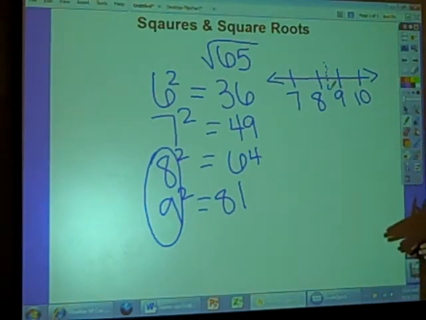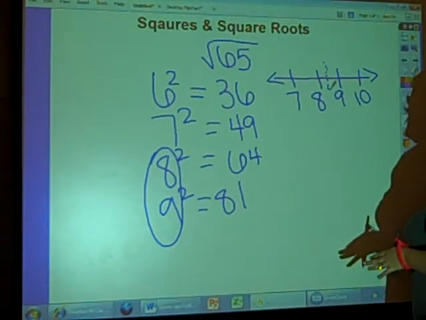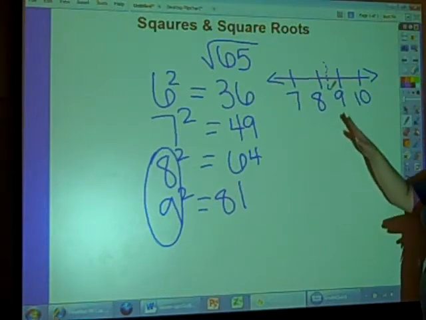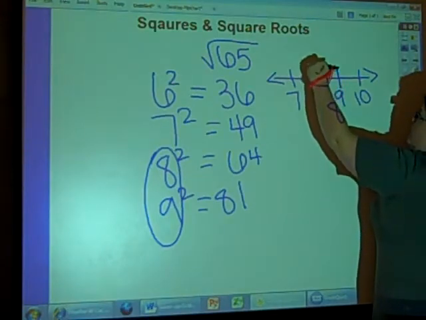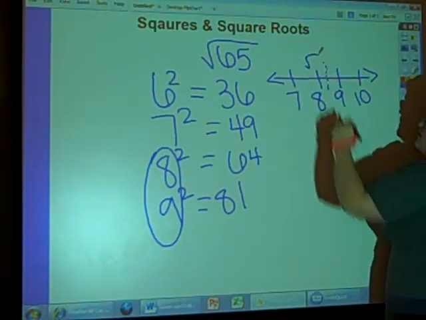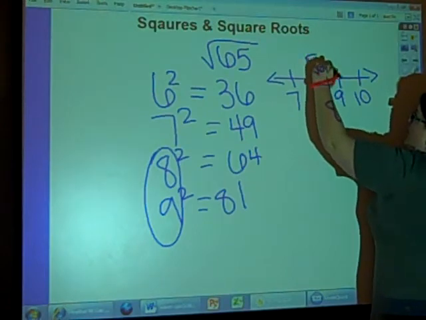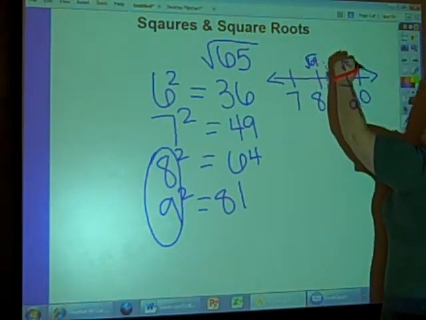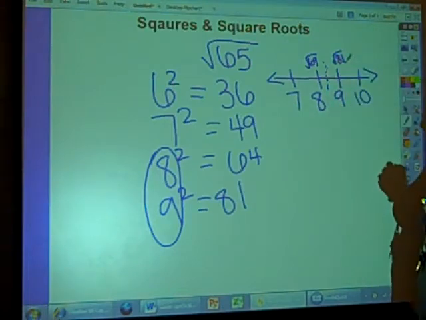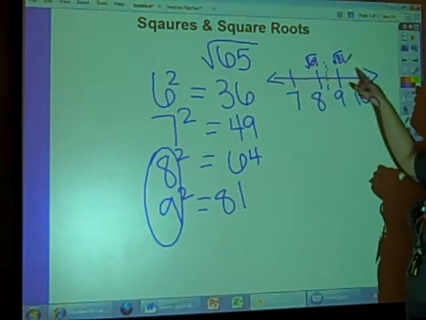As long as you have that dash, I'm going to know where you think the halfway point is. So now we need to determine, well, which one is it closest to? What I would do, right above 8, I would go ahead and plot that 8 squared is 64. So on 8 falls the square root of 64. On 9 falls the square root of 81, and we're trying to find where the square root of 65 is closest